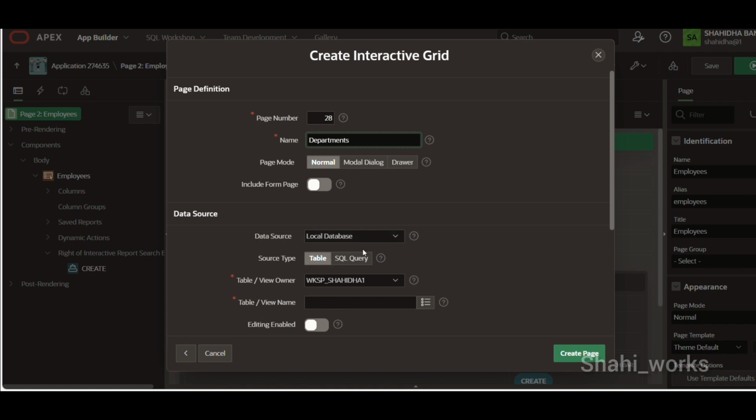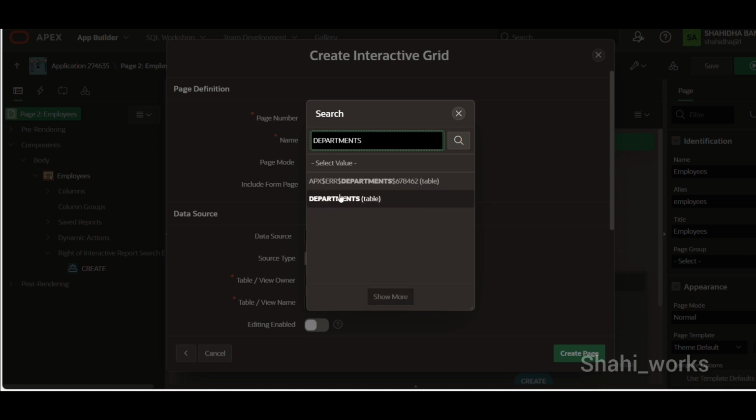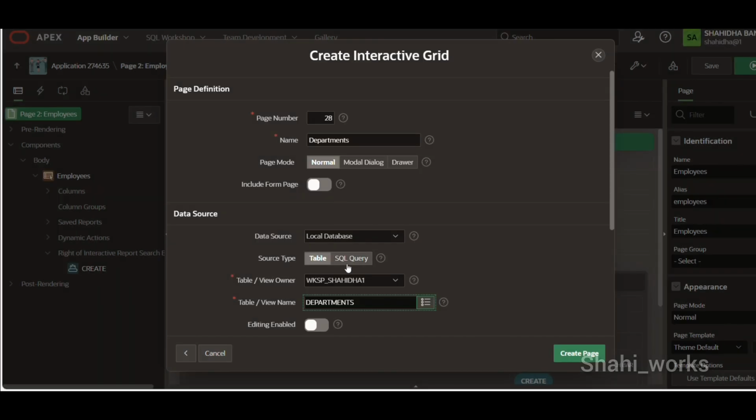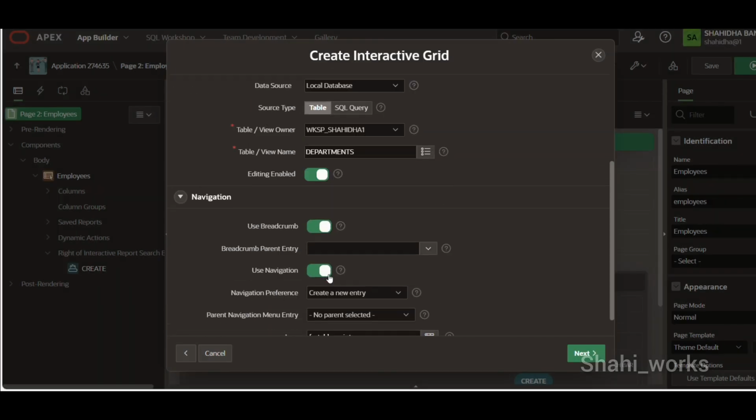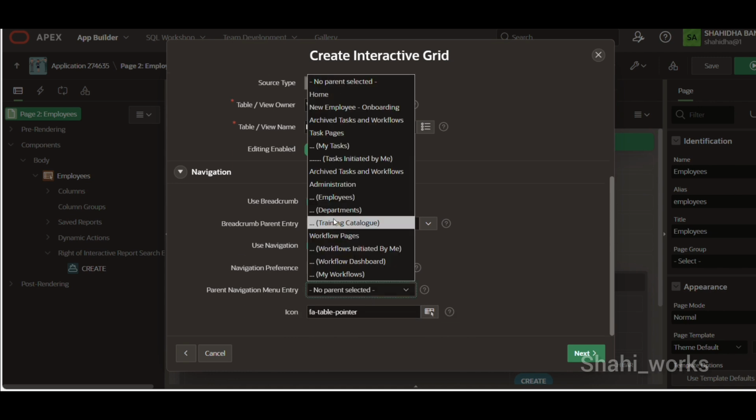Next in data source, the same as equals a table, and here the table name is departments. In the previous one we entered employees, right? So here you have to give the departments. After the departments, you have to move to your editing enabled toggle on, use breadcrumb toggle on, and likewise